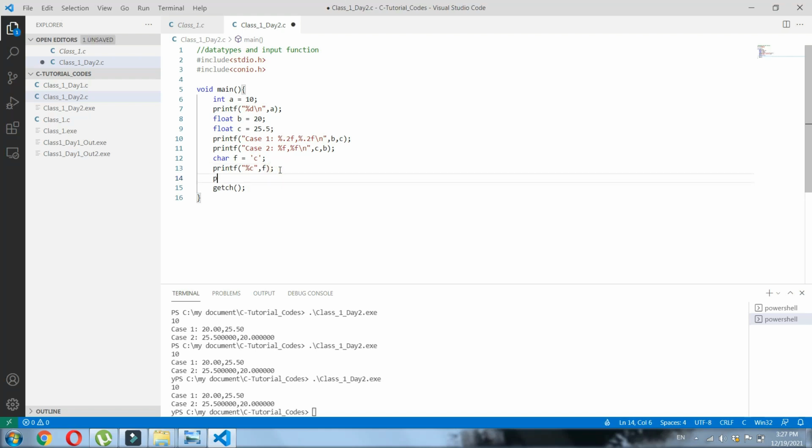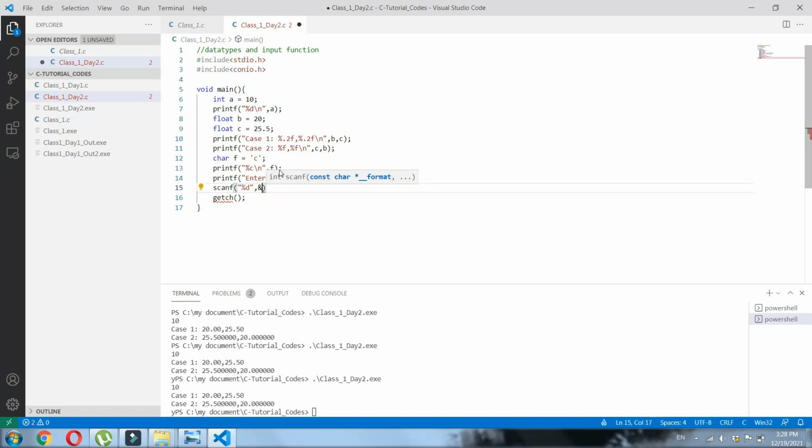Now let me print a statement like printf, enter a number. Then after that this should go to a new line, and as said before, here also I need to go to a new line, then give a semicolon, then I'm using scanf where I'm going to get a variable. Using scanf I'm giving the parenthesis %d since I'm going to get a number, and I'm giving the ampersand symbol. Ampersand is used to give the address of a particular variable.